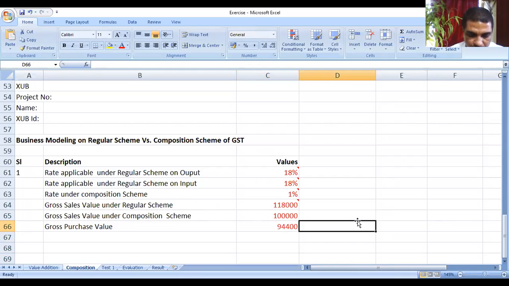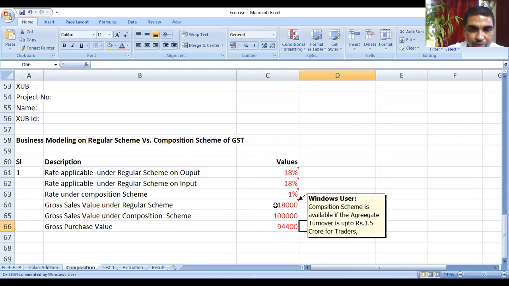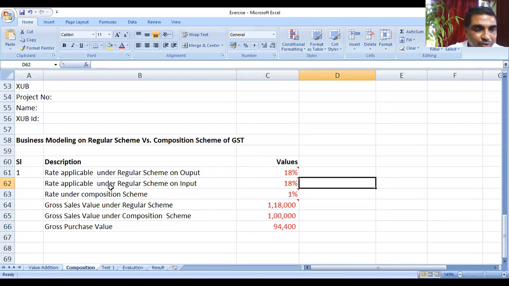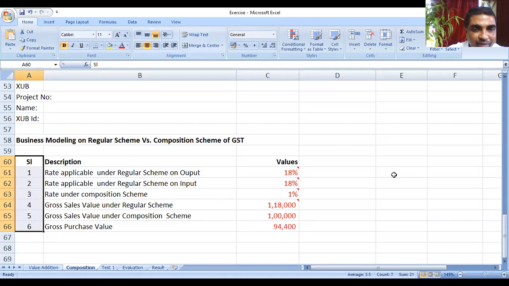Is it okay up to this? Yes, sir. So I think up to this, one has to fill up manually. After that, we should do a program in such a way that our decision and all the calculation is automatically computed. That is the purpose of this project. But up to this, I think this data has to be computed manually. Any other thing you feel has to be computed manually?